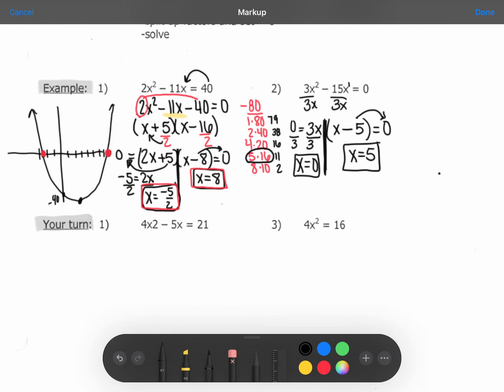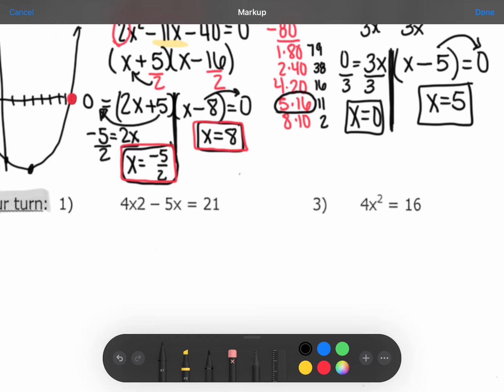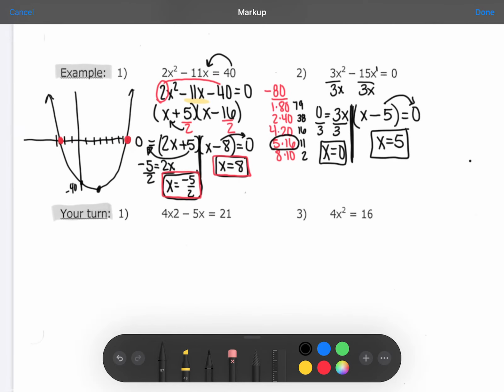All right, so if you want to pause the video and see if you can try number 1 and 3. I guess it's supposed to be number 1 and 2. Who knows? And that 4x should be squared. I don't know what happened there. I forgot to raise it when I typed it. All right,